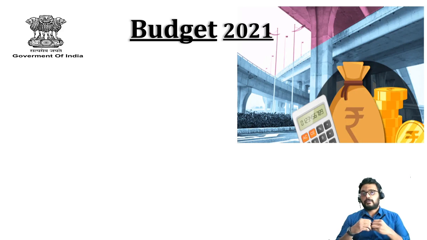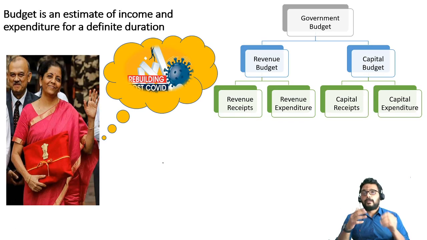Hello everyone. In this session, I'll be discussing the budget 2021, the basic classification of the budget, and also the recent reforms and initiatives taken by the government of India. We know the term budget is nothing but an estimation of the income the government is receiving and the expenditures over a period of time, that is basically in one financial year, which starts on 1st April and ends on 31st March. So to classify the budget,